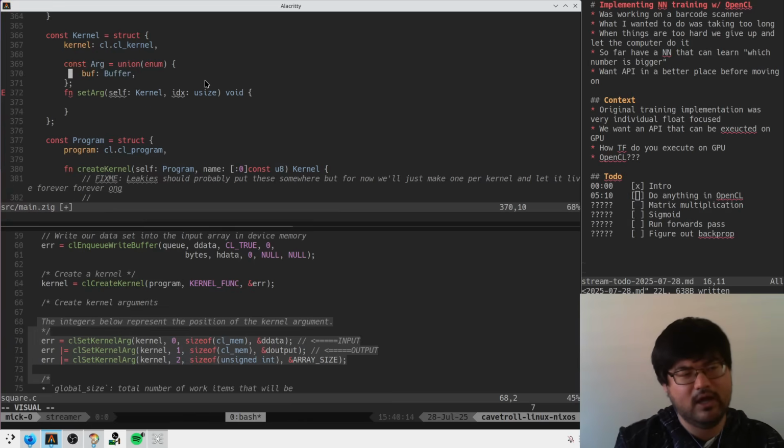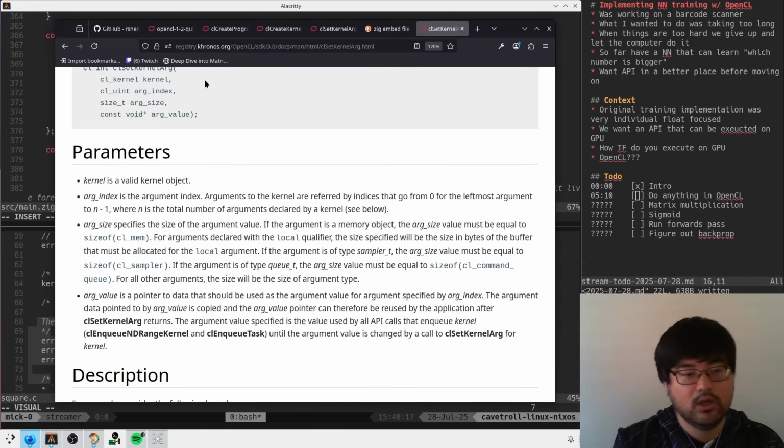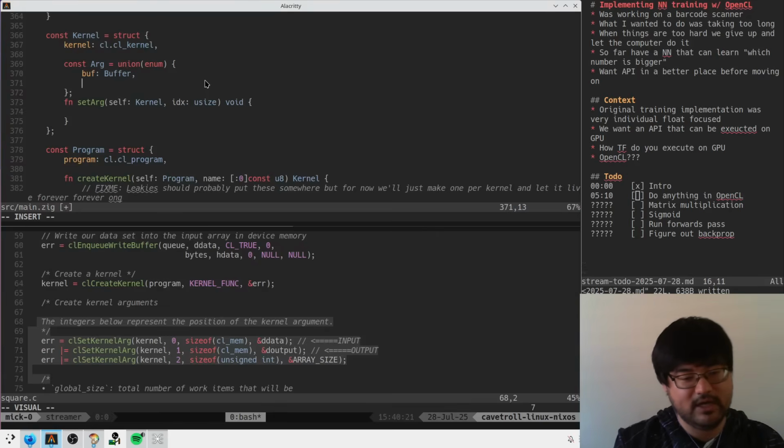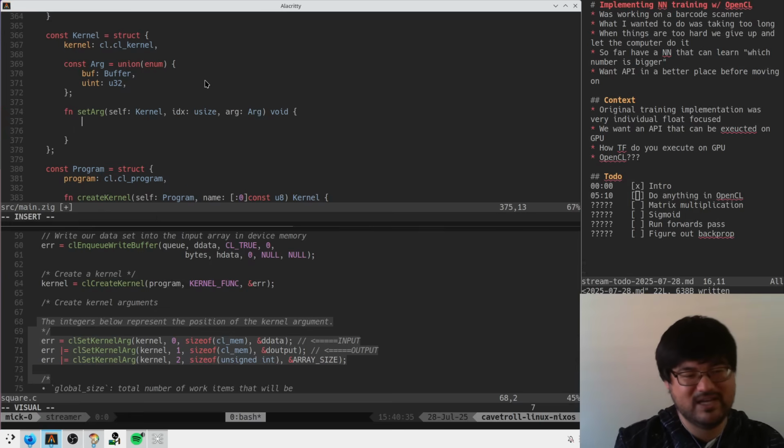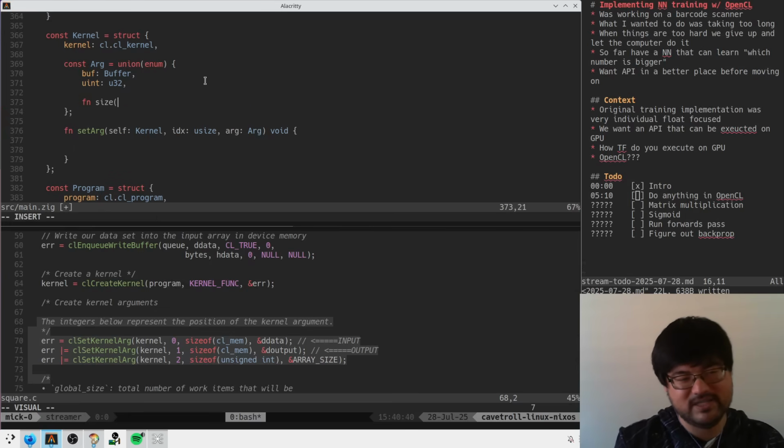And I guess our other option right now is uint. This is our inputs and outputs right now, right? And then we switch, we can do it from here, size is